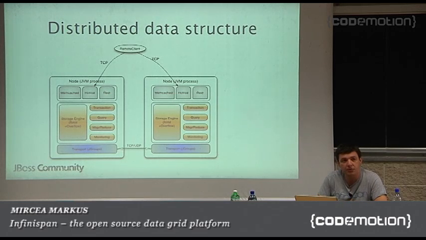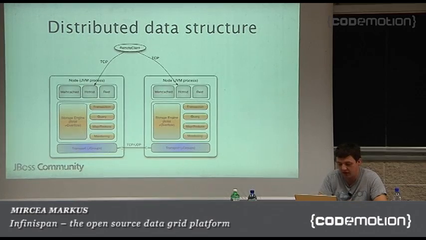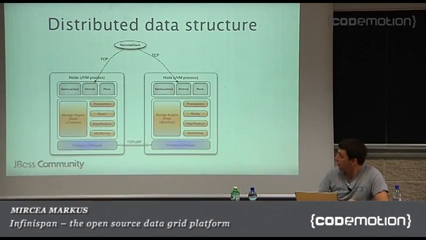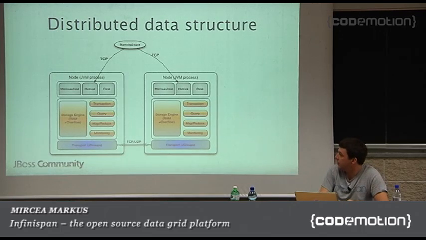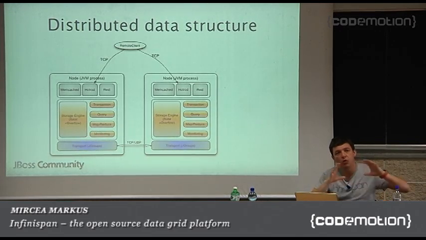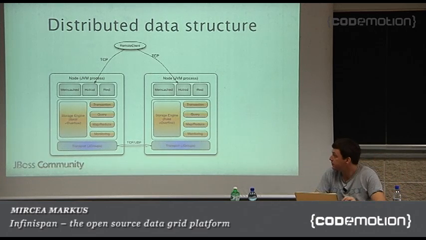Hot Rod is an internal protocol we developed. I'll discuss a bit more about it in the next slides. Also REST, you can have a REST API, so access it through whatever REST client, well, not a client, just HTTP. On top of the storage engine, which is basically RAM, but you can also overflow the data to disk,